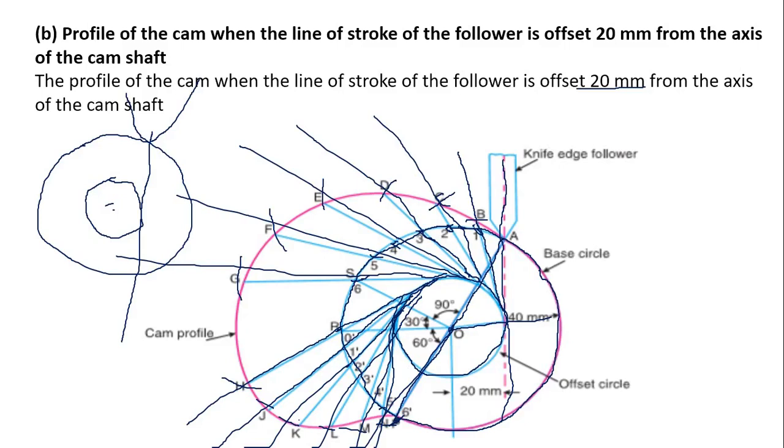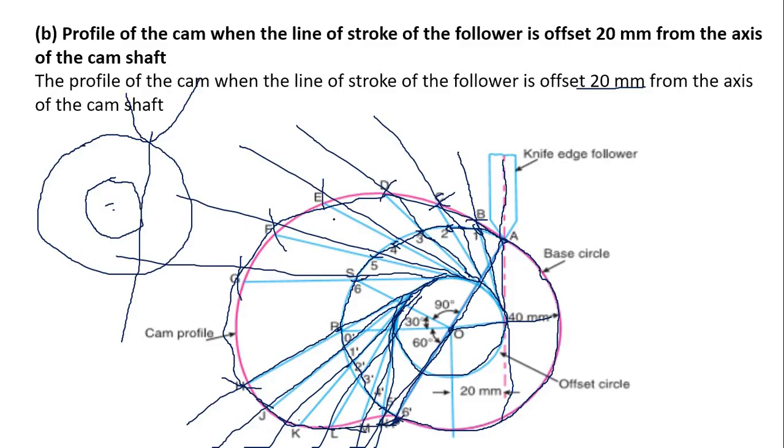Now students, similar to previous cases, we are getting some points. These points are A, because it is a point of the application of the follower. We can see here A, B, C, D, E, F, G. Similarly H, J, K, L, M, N and P. Now सारे पॉइंट को अगर हम फिर से ऐसे मैच करा देते हैं फ्री हैंड स्केच से, तो ये हमारा जो नया कंटूर बन रहा है वो हमारा कैम प्रोफाइल कहलाएगा.